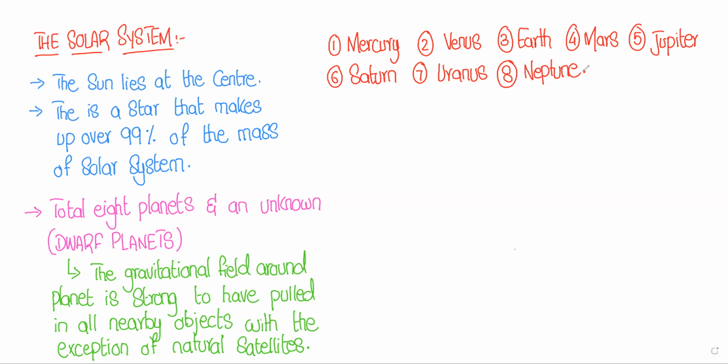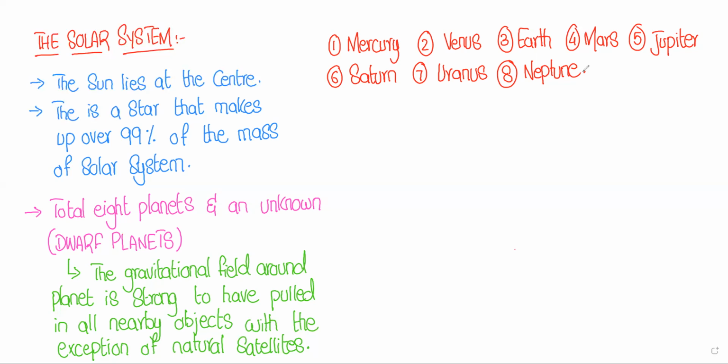Sir, do I have to learn the mass, like the density, of each planet? No, you don't need to remember the density or the mass of the different planets, because those are constant values, just like the gravitational strength, which is 9.8 or 10. These are constant values, and mostly they don't ask about constant values. So you don't need to learn all the densities and masses of these planets, right? All right, sir. Okay.